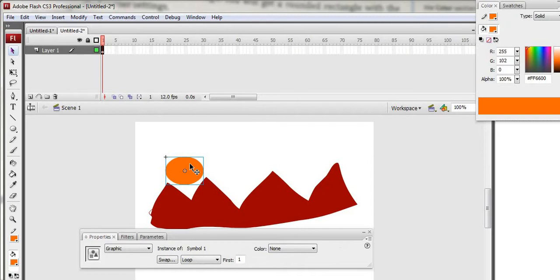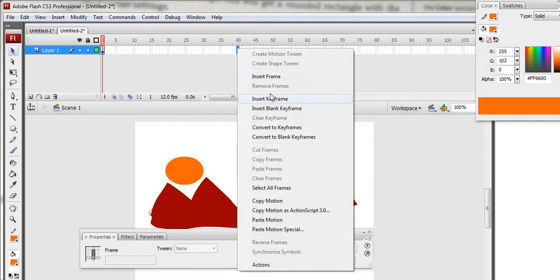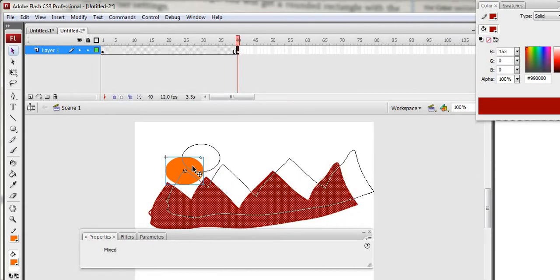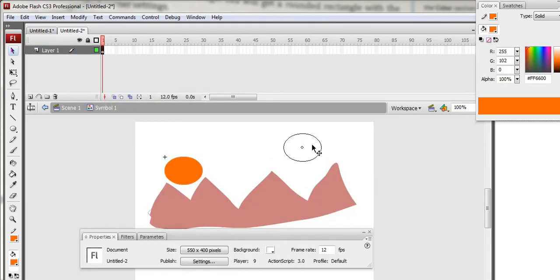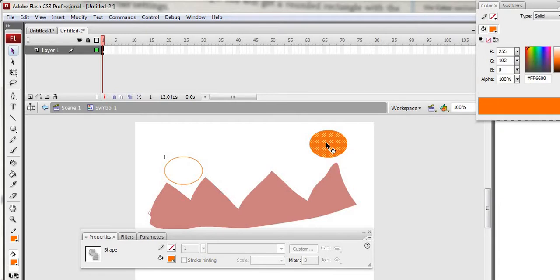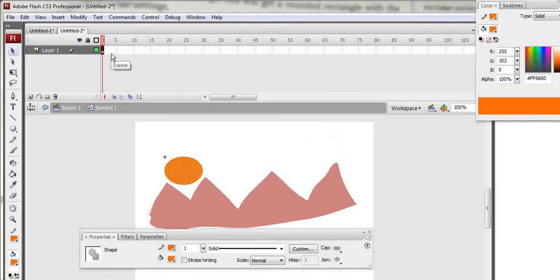Now in this is the timeline at frame 40. At frame 40, I want the sun to be here, right? So here I can make it an insert keyframe. This is now a keyframe, and I will take the position again. I'll make its position here, like here. It should be here at this 40, right? Wait, again, it is selected.